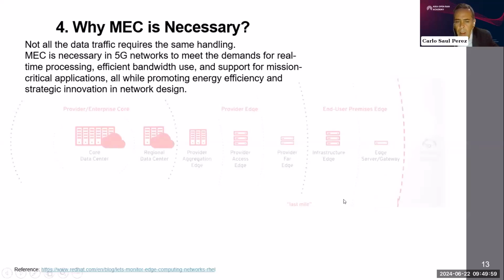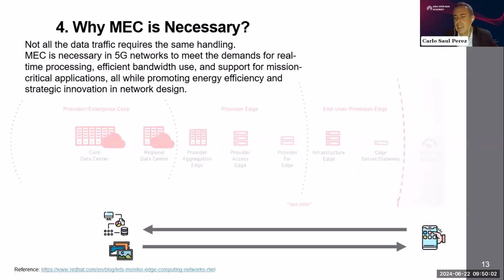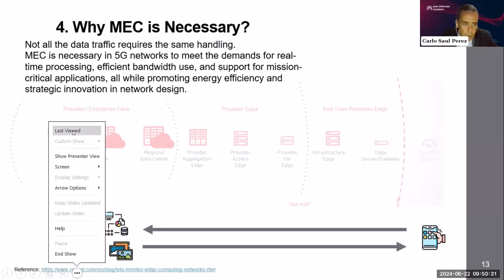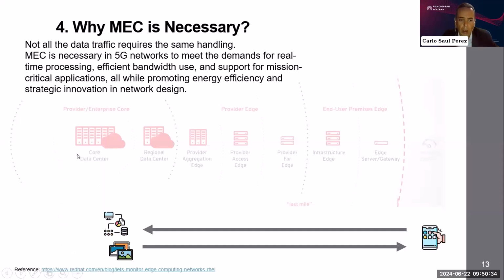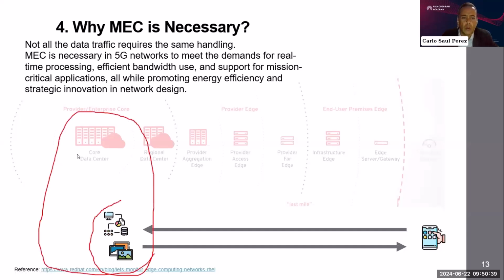We have that, for example, for general traffic, like just storing information from our phones, our pictures, we can just store it in the core. We don't care so much about how much time is taken to store that information, or about latency or data amount. We just take a picture on our phones and wait for whatever time, and this data will be stored here in the core without so much problem.